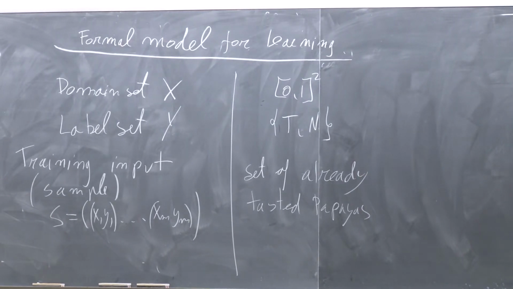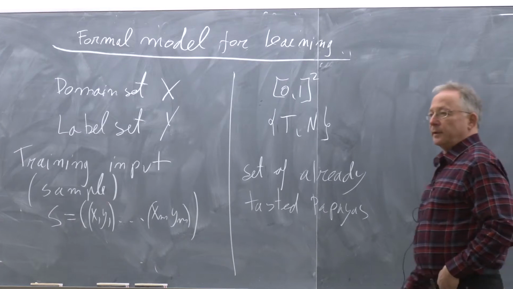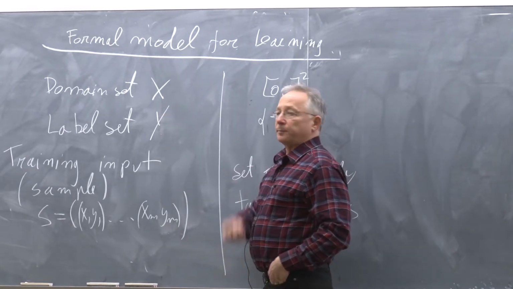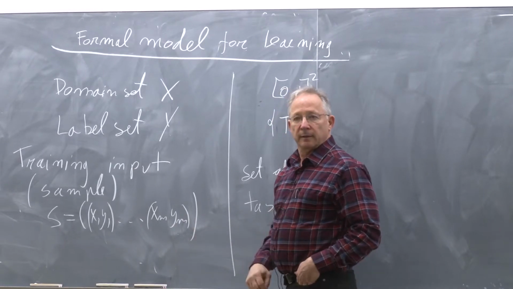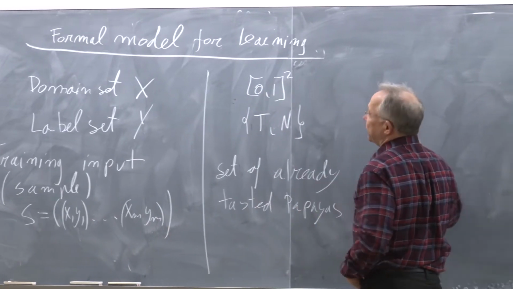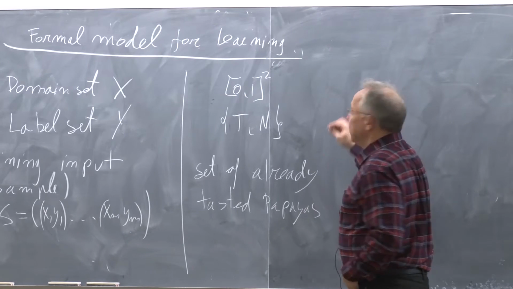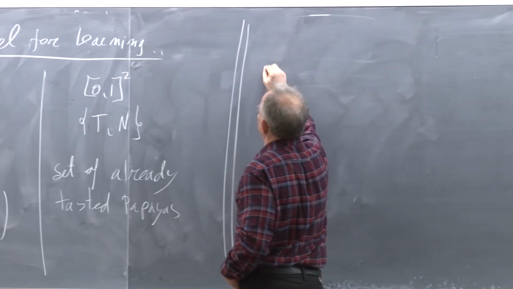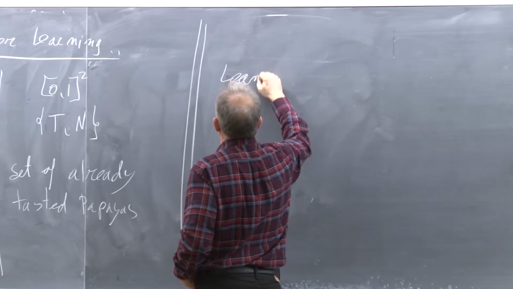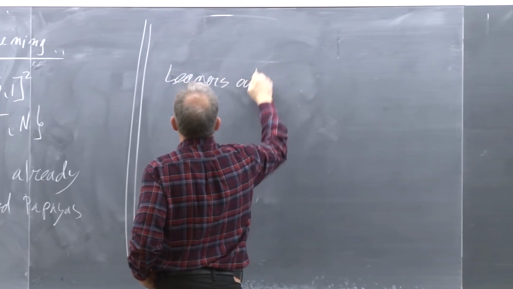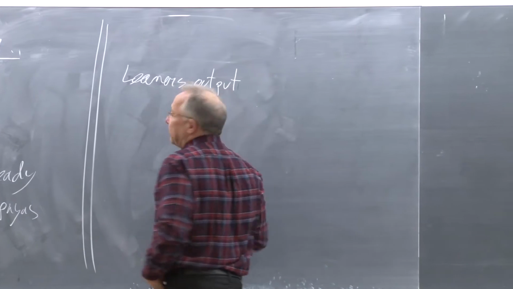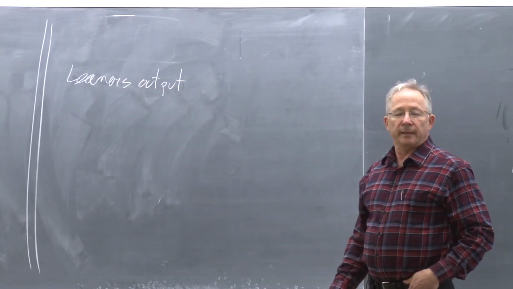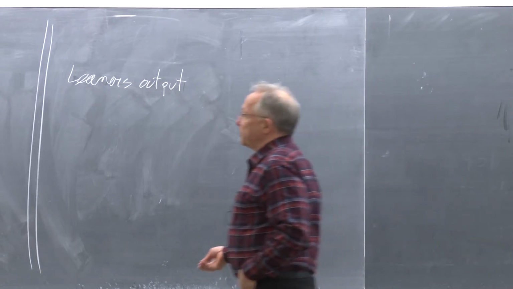Okay. Now the next element that we need is, so this is the input to the learner. That's what the learner is playing over, and that's the input to the learner. So the next component that we need is what is the output of the learner. So the next element is the learner's output,